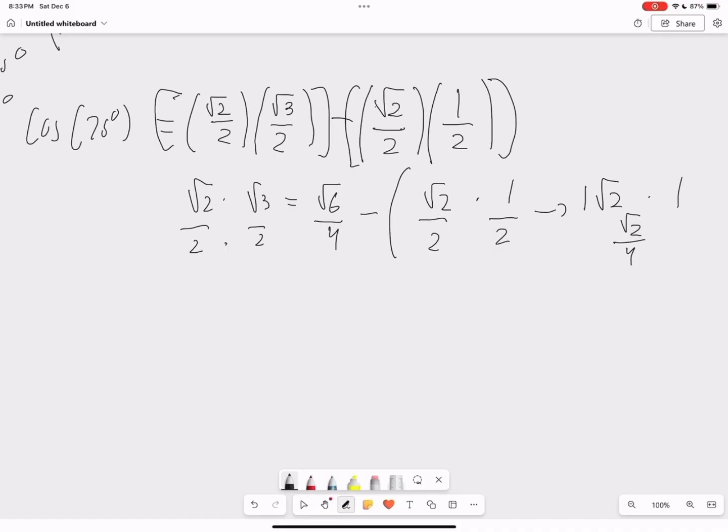So we have the square root of 6 over 4, and our answer we evaluated here is the square root of 2 over 4. With square roots, at this point we can't really do anything. So our final answer will just be the square root of 6 minus the square root of 2, all over 4. So that's how you do it. So now let's try